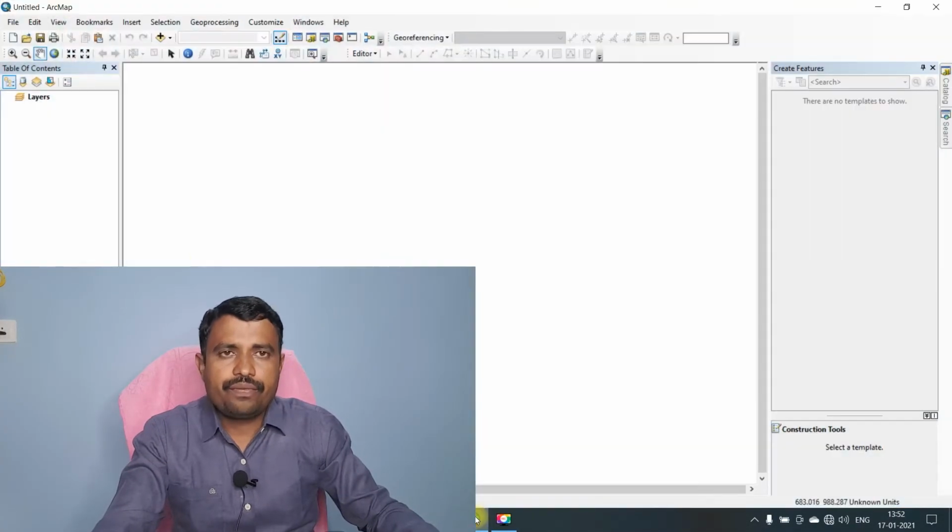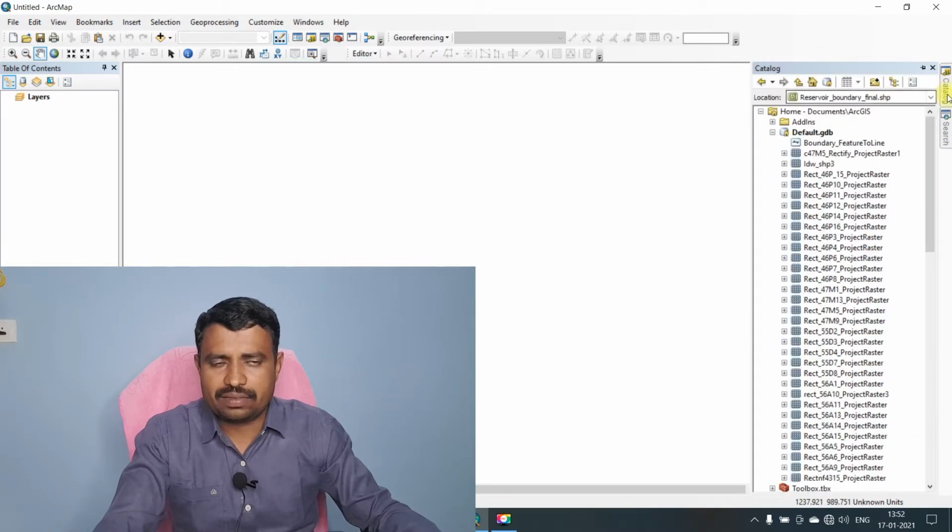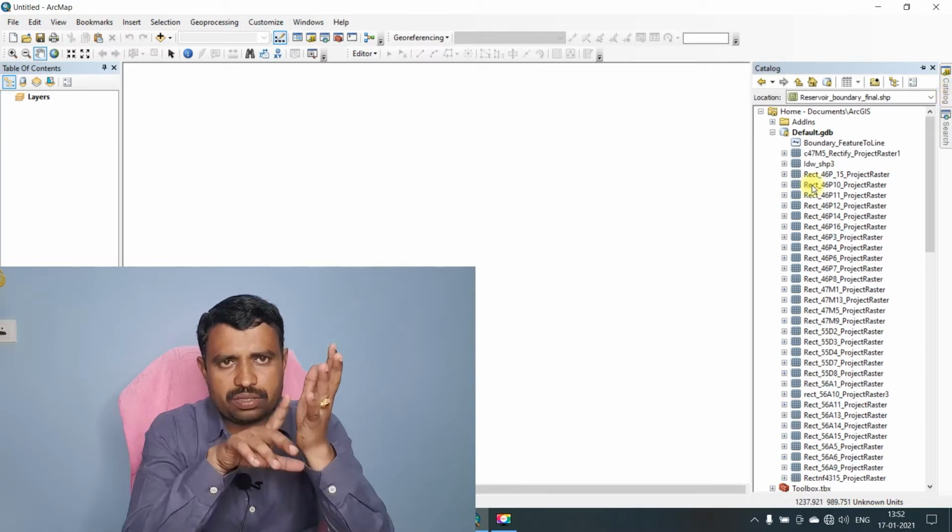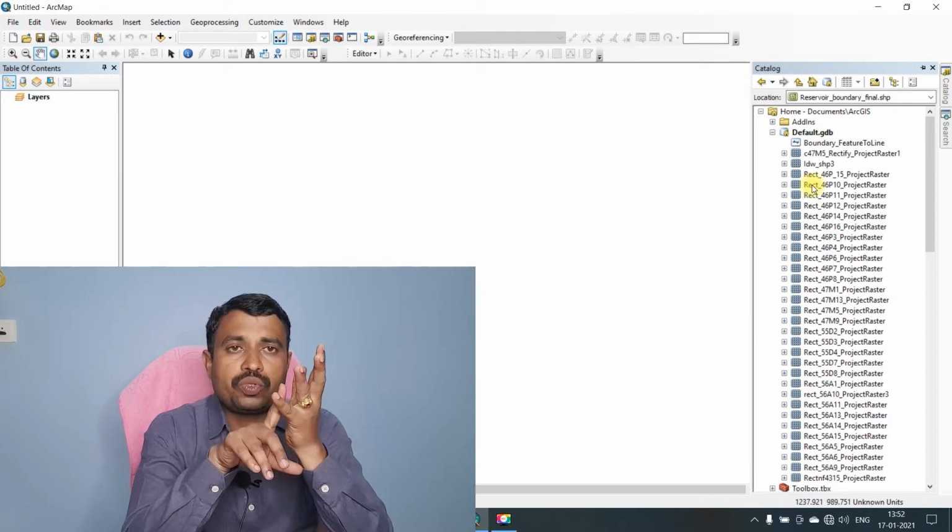Here, first we have to open the ArcGIS software, and I am using the 10.6 version of ArcGIS. Just go into the catalog. After opening the catalog, first we have to use topo sheets, and these topo sheets should be georeferenced.